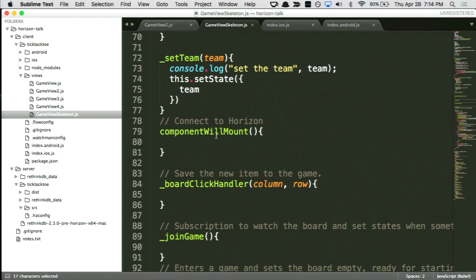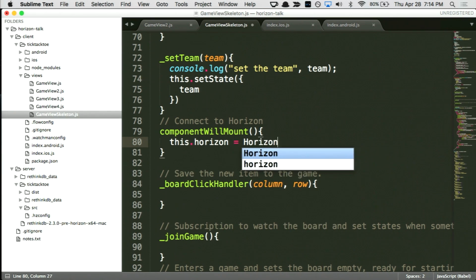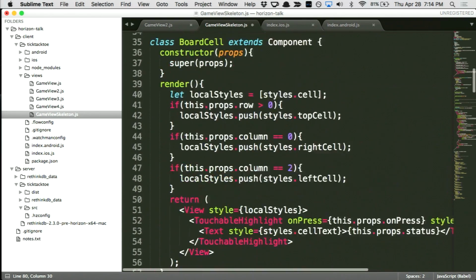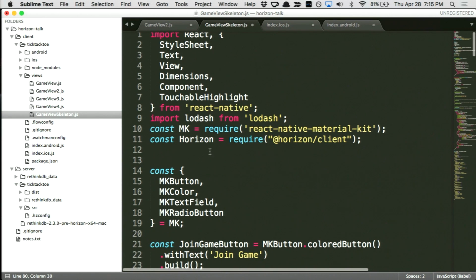There's all the different things, but this is where we're actually going to create our Horizon connection and say, hey, this view, we're going to start connecting to our database. So we're going to say this.horizon equals horizon, and then that's it. So Horizon here, I actually imported up top. So the Horizon library, you can actually install through npm, and then it gets bundled in like everything else, and you can actually require it as such. So you have Horizon here,